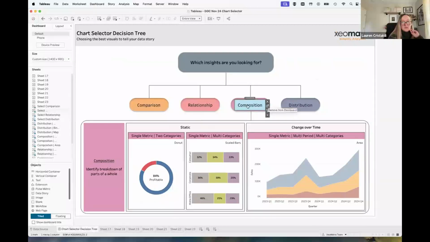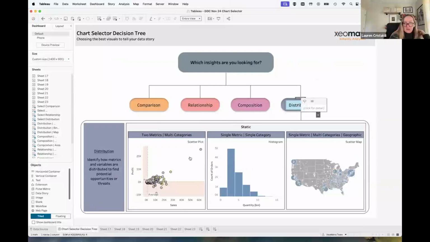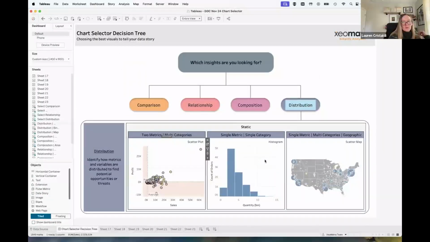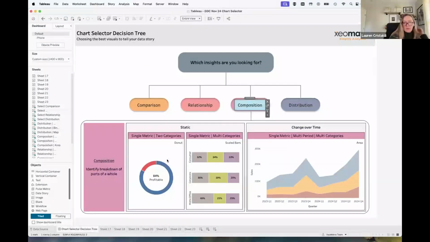For the donut, and I want to make sure we have time for questions. So I think this one that we just made, the only difference is using the product name and then category, and then we're just looking at a more granular level. So I just want to call that out since we just made the scatter plot one.